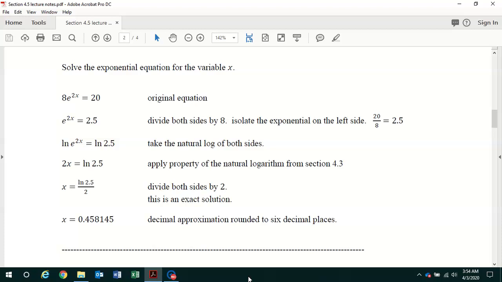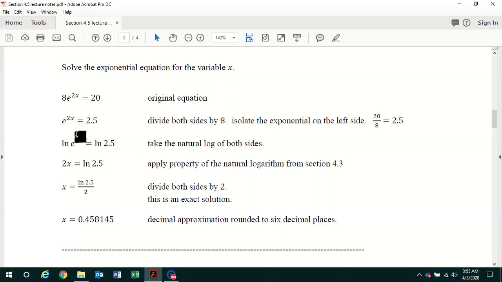All right, class. In this video, we continue our discussion of section 4.5 in your textbook on solving exponential and logarithmic equations. So we're starting on page 2 of your lecture handout. And on this page, we're solving an exponential equation of a little different type than what we did on page 1. Here we're going to solve the exponential equation 8 times e to the 2x power is equal to 20